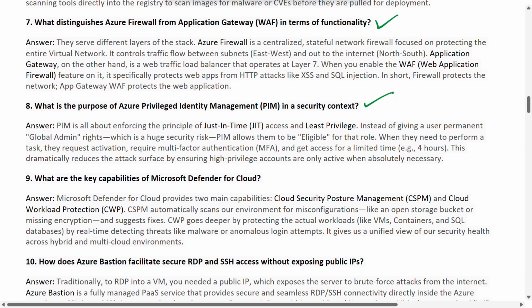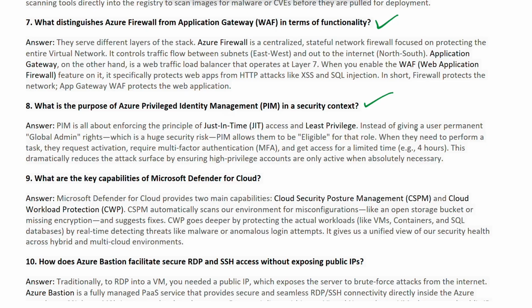And moving further, what is the purpose of Azure Privileged Identity Management? We say PIM in a security context. Here, PIM is all about enforcing just-in-time access as well as least privilege maintenance.